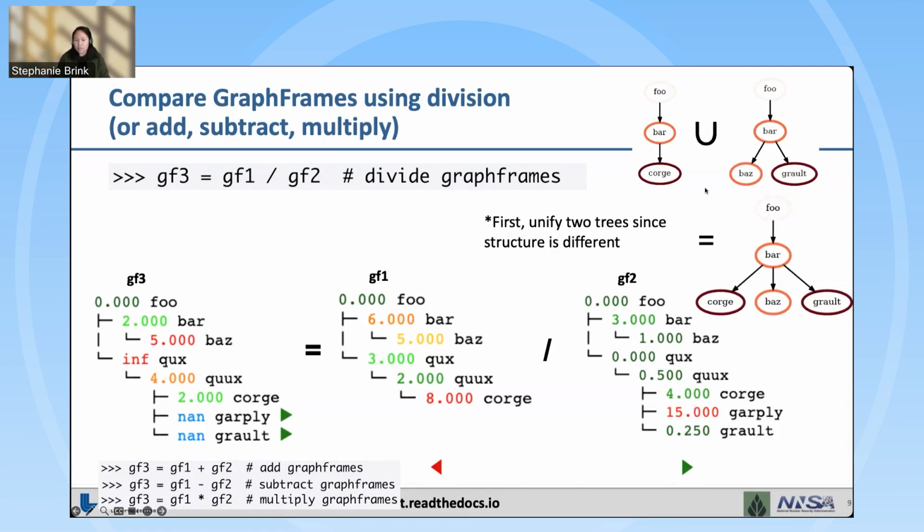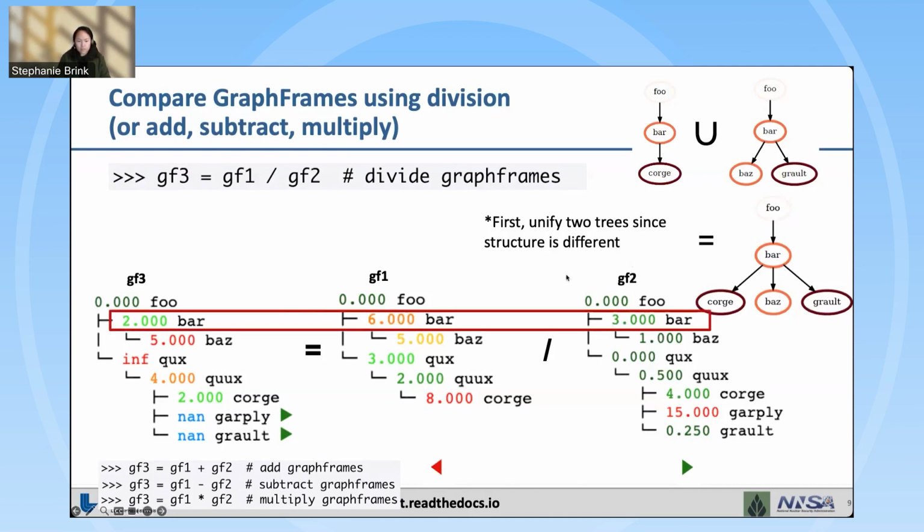The first step of our division function is to first unify across these two graphs. And so that's our resulting graph here, just underneath in the upper right. And once we have unified our two trees, then we can perform the division directly. So yes, it's animated. So if we have a node that exists in both of our graph frames, GF1 and